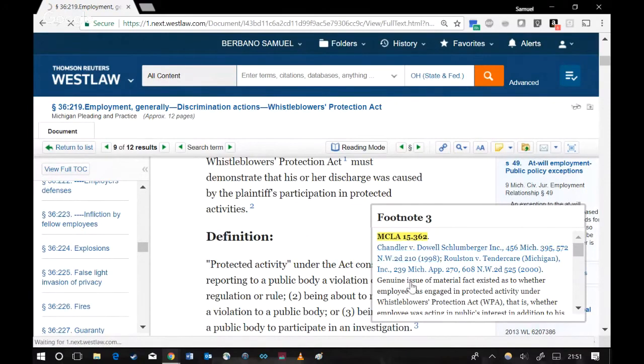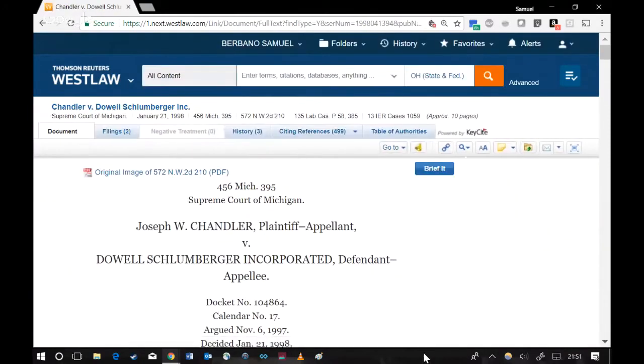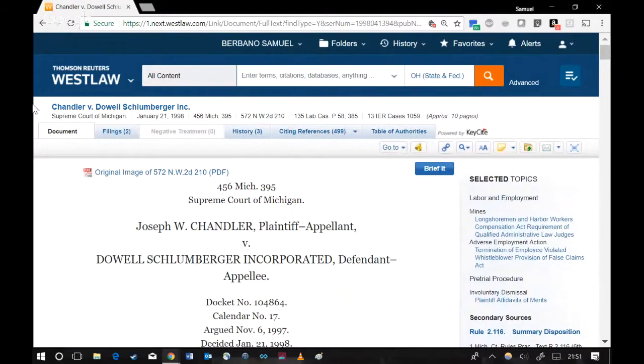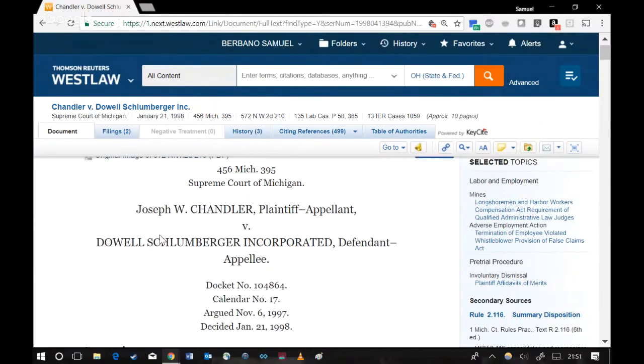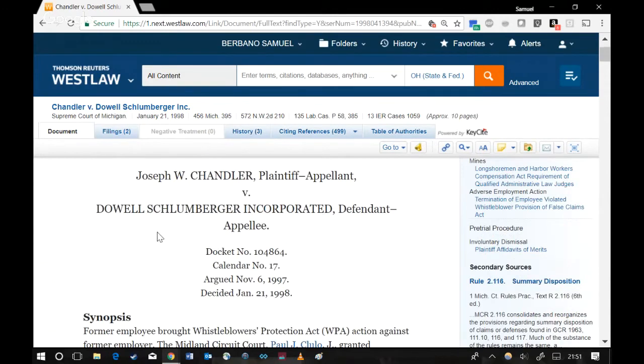And again, by way of review, a case may have KeyCite flags in this corner. They may be yellow, they may be red. But even if they're red, they're not an instant deal breaker. You need to figure out what is a bad proposition of law. You may be using the case for something different. We'll try and pull up a case that has that yellow flag in just a moment.